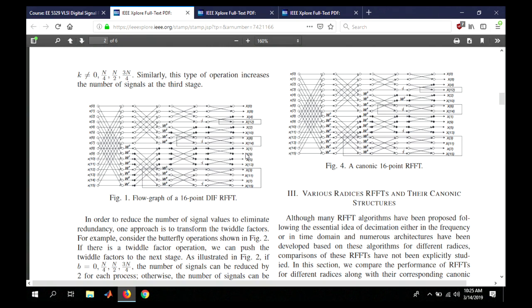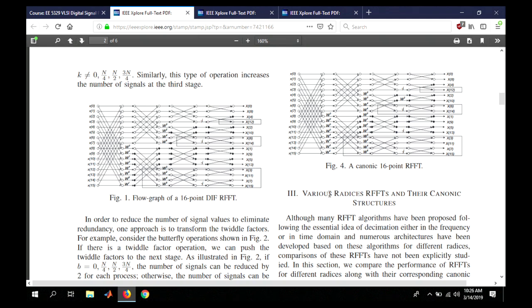They are just either w to power 0 or w to power 4. They are just swapping or in general w to power n by 4. In this case n is 16, n by 4 is 4. So they are just swapping real to imaginary or keeping real as it is, and that is what radix 2 squared is.